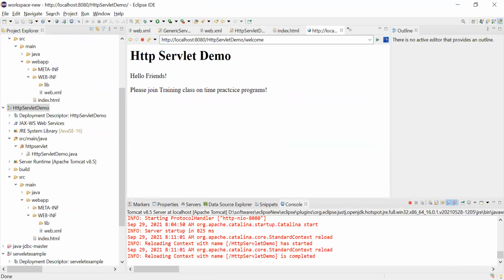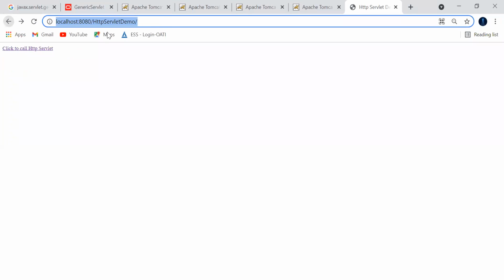If you want to see the same thing in the browser, go back, reload. Okay, again click here. Yes. Got it, guys? So this is about generic servlet and HTTP servlet related stuff. Tomorrow we'll do advanced. We'll take JSP to demonstrate some more extra examples.